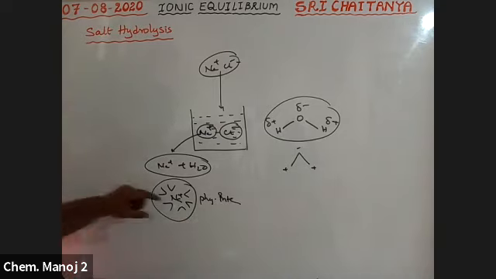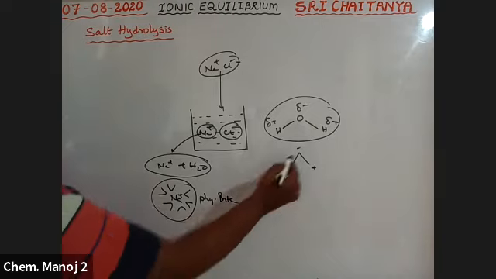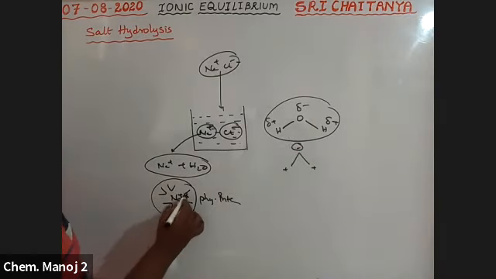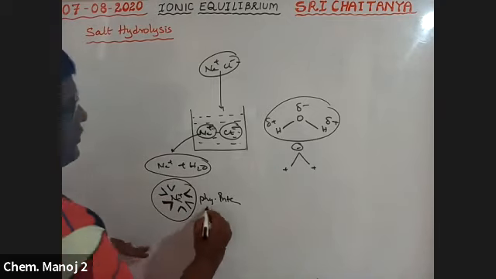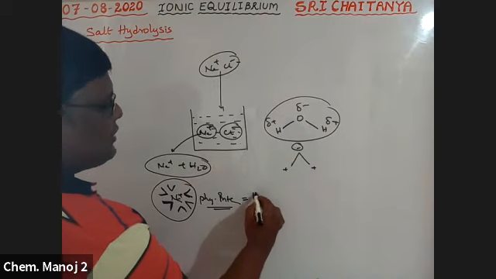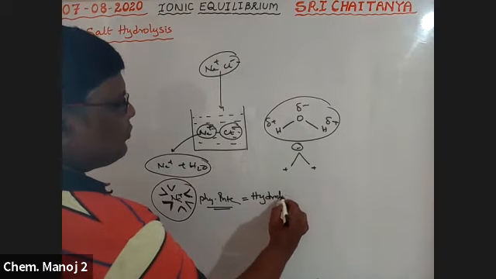Physical interaction. That means the Na+ ion is surrounded by water, because oxygen has a negative charge and Na+ has a positive charge. Those oxygens are pointing towards this Na+. This is just a physical attraction between the plus and minus sides, so it's called a physical interaction. This is called hydration.